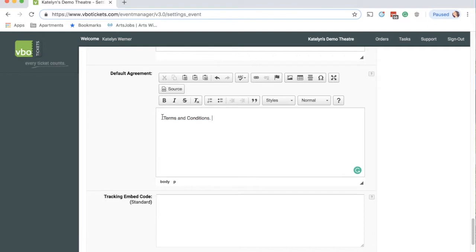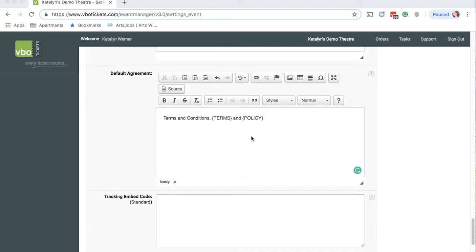If you just want to add a couple of lines or clauses to the VBO document and still have our terms and policy display, you can insert those wherever you want in this text by using the curly bracket and then terms, and then this is how you would add the policy. So you can put this anywhere in your text area, and then it will insert the links to VBO's terms and policy, in case you just wanted to add a couple of things that's more relative to your organization. So by editing this area, it will edit the default agreement for all of your newly created events going